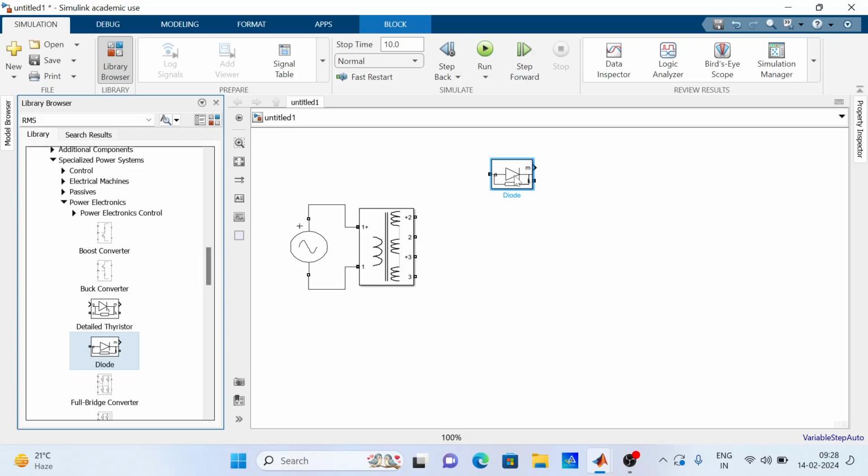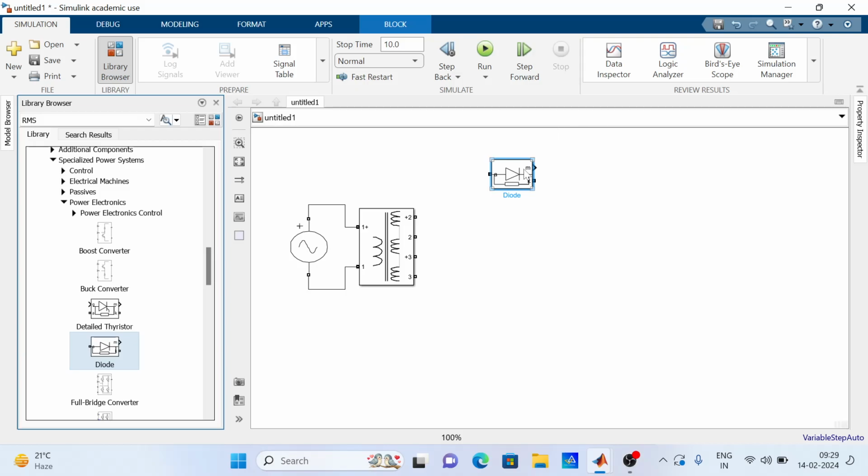But actually this is the practical diode which has some protection. The original diode is this part only, but this other part is used for protection purposes and contains a resistance and capacitance. Actually in the lab we are not using any protection for the diode. We are just giving a small diode only. There are no additional protective elements, so you have to consider the same diode.